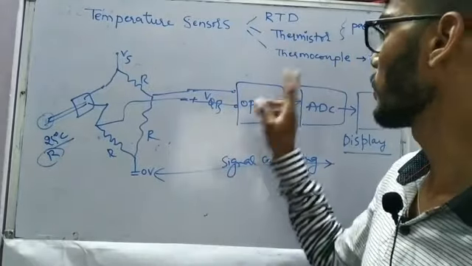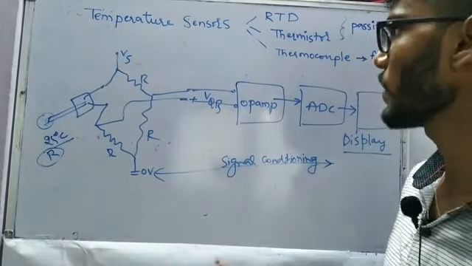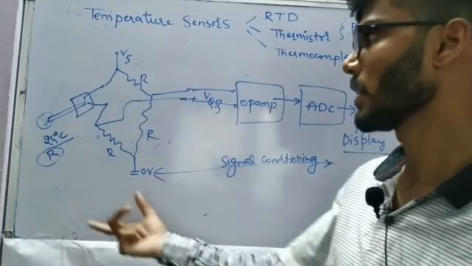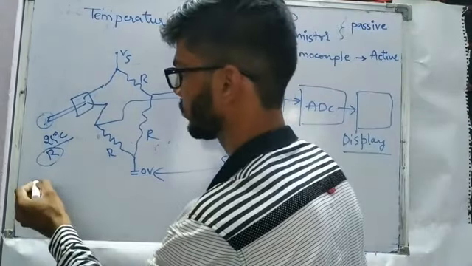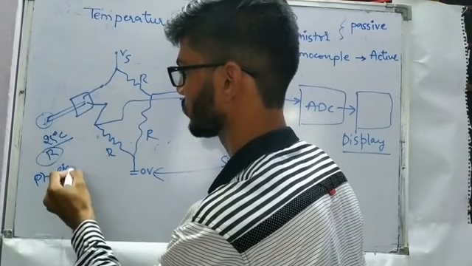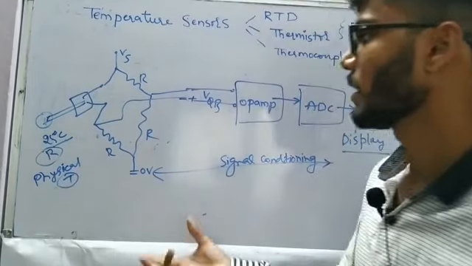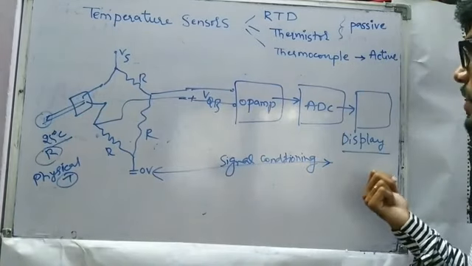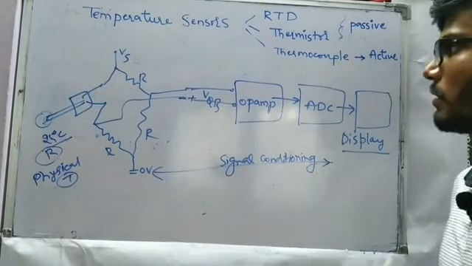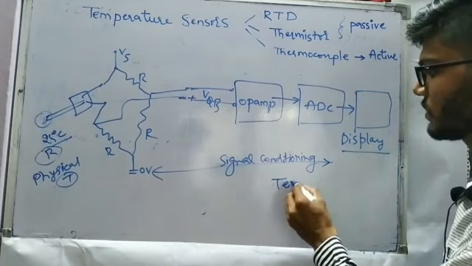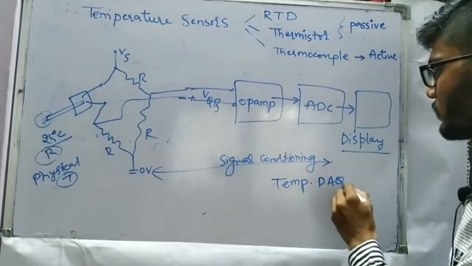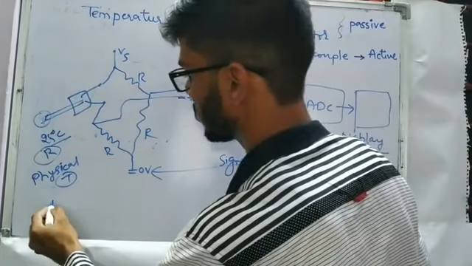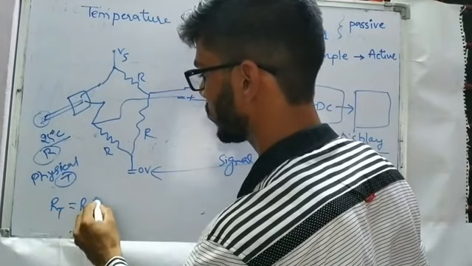So not only RTD, if we are using a thermistor or any sensor where one arm is being sensed, we can use this. Not thermocouple, it is an active one, so we are going to have a separate diagram for that. For RTD and thermistor, we can make use of the same signal conditioning. So we have our physical parameter, temperature, and we are using Wheatstone bridge, operational amplifier and ADC to make a meaningful output to display the value of temperature. So this is going to be known as temperature